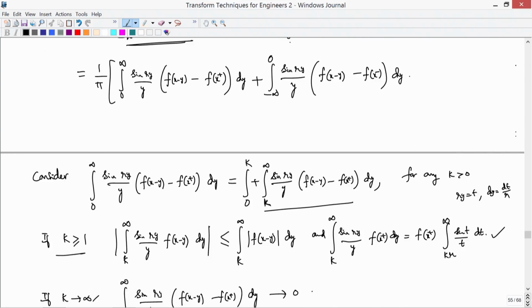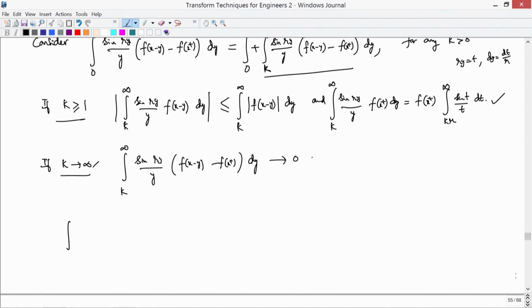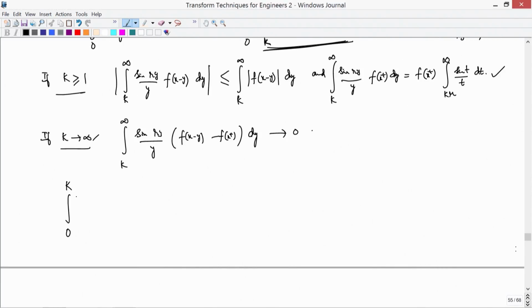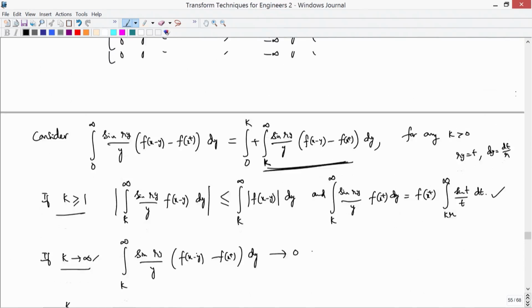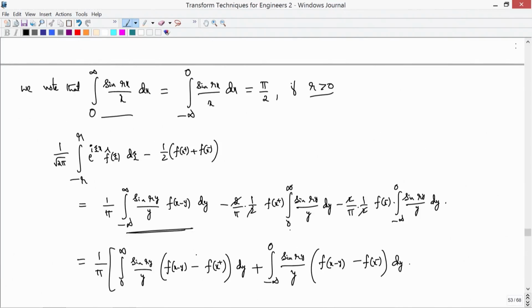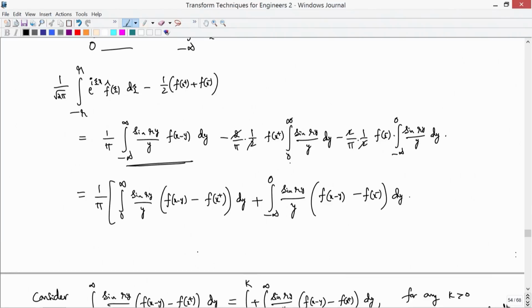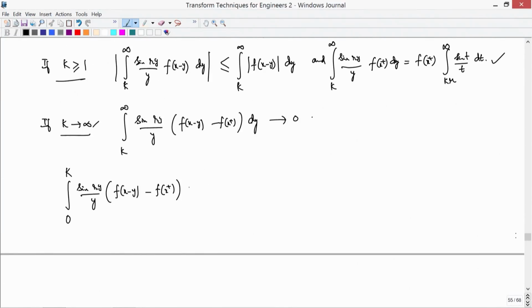Now, we look at this 0 to k. If I choose such a big k value, the second integral is nullified, and only the first integral is the actual value. So, for such a big k, what you have is sin r y by y times f of x minus y minus f of x plus. Is it x plus or x minus? I think it is x plus only. Okay, this is x plus